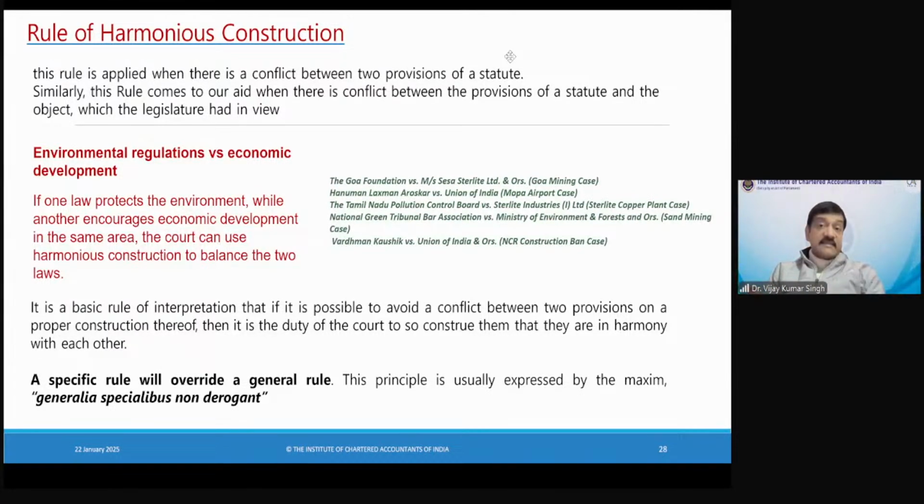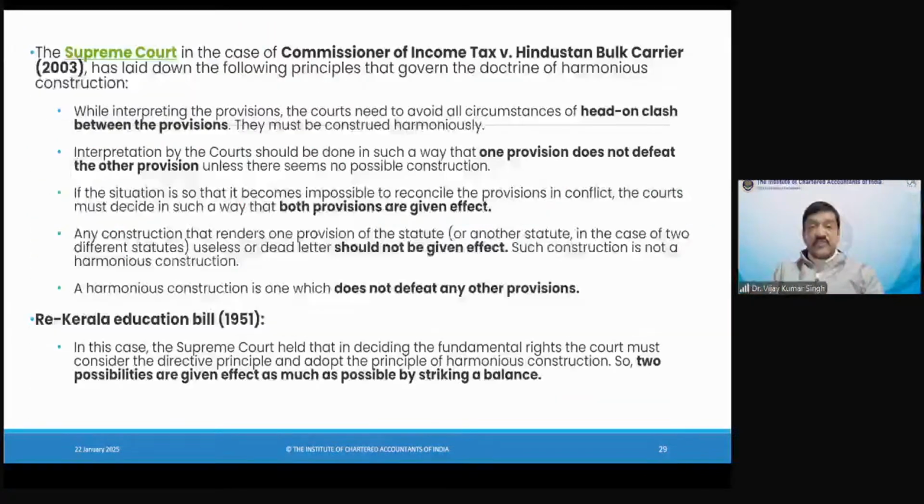In most of the tender cases, wherein the economic policy is challenged under Article 14, the courts have given leeway on public policy grounds to the government to have a policy on a particular area or to come up with a tender if it is not breaching Article 14 of the Constitution. So this is the rule of harmonious construction.